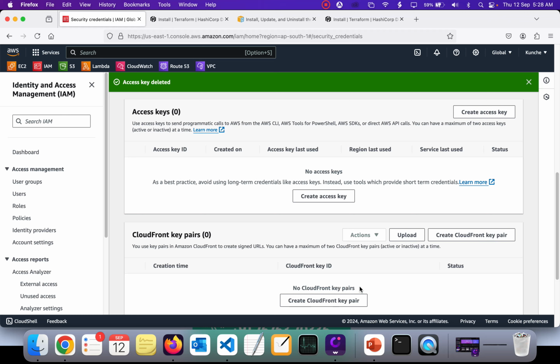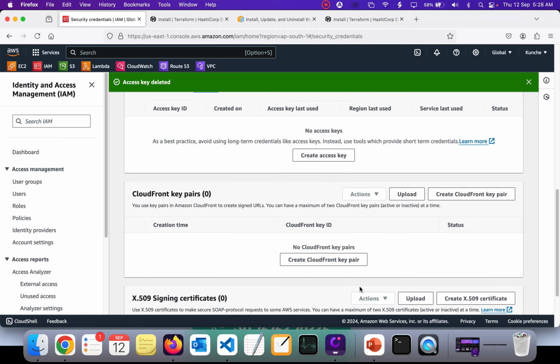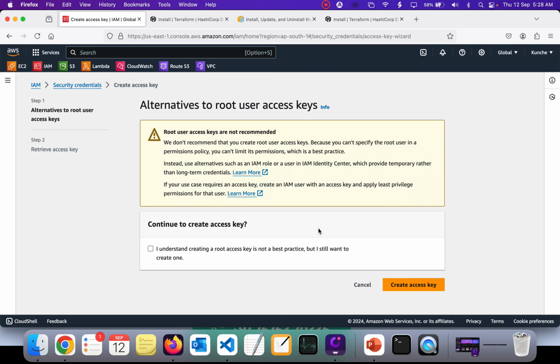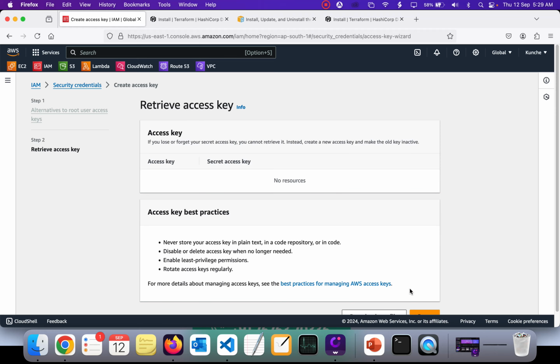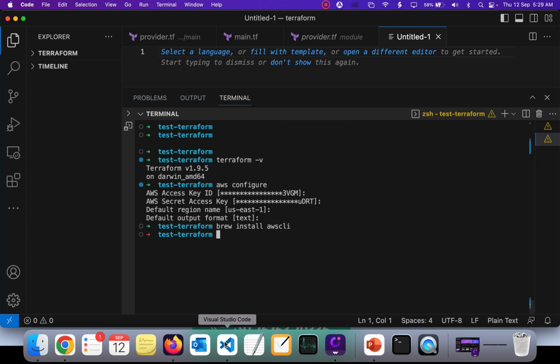and secret key. What is the purpose of creating a new access key and secret key? If you want your Terraform to be able to communicate with AWS, to perform some sort of actions like creating resources, then you have to create an access key. Now I'm going to create the access key. It is giving a warning that I understand creating a root access key is not best practice. Okay, but still I'm going to create it. So create access key. Now I've got my access key created,